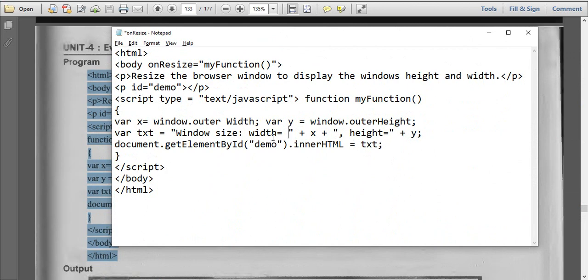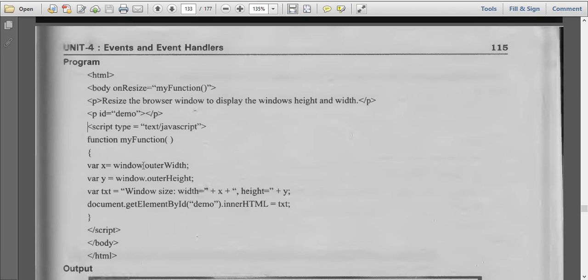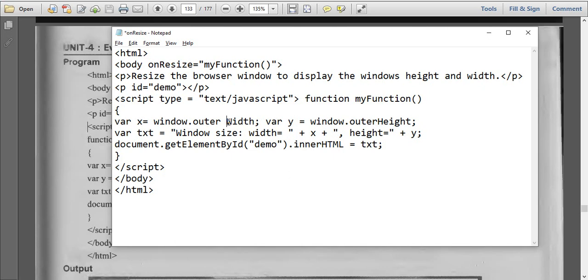Width equal to window size width plus x plus comma height equal to y value should come. Yes, everything is right only, no? x equal to window.outerWidth, window.outerWidth. Okay, space is not there. Space.